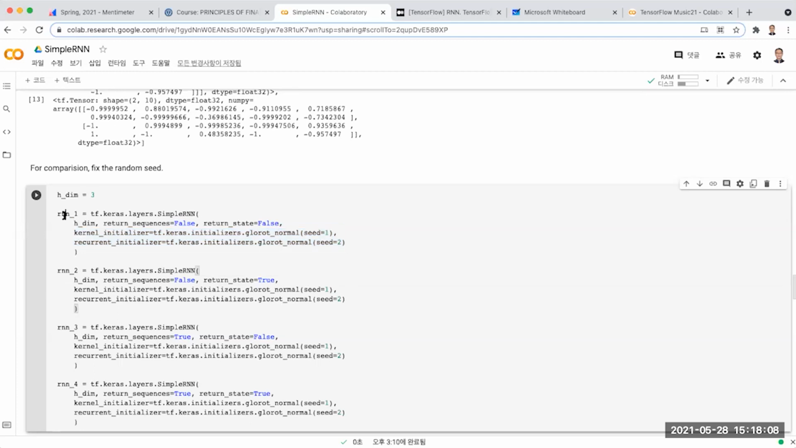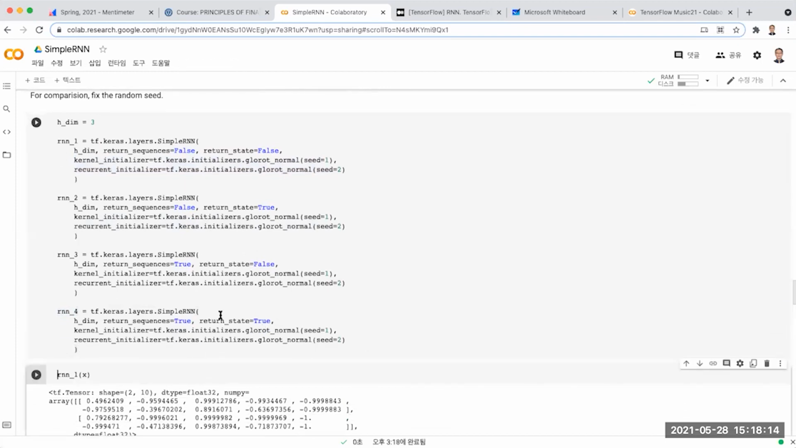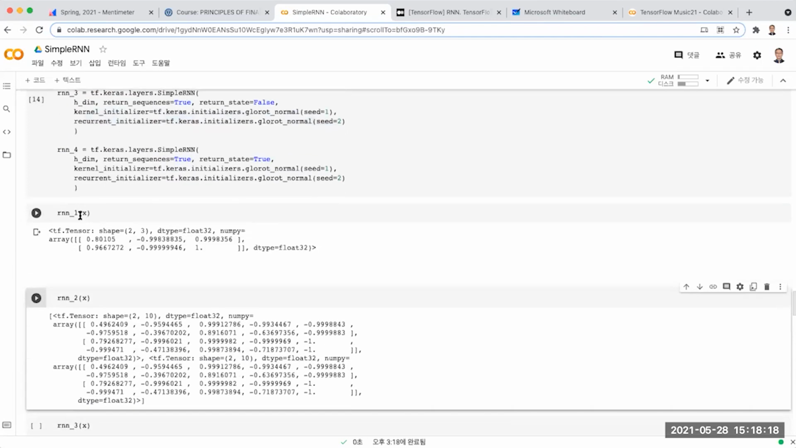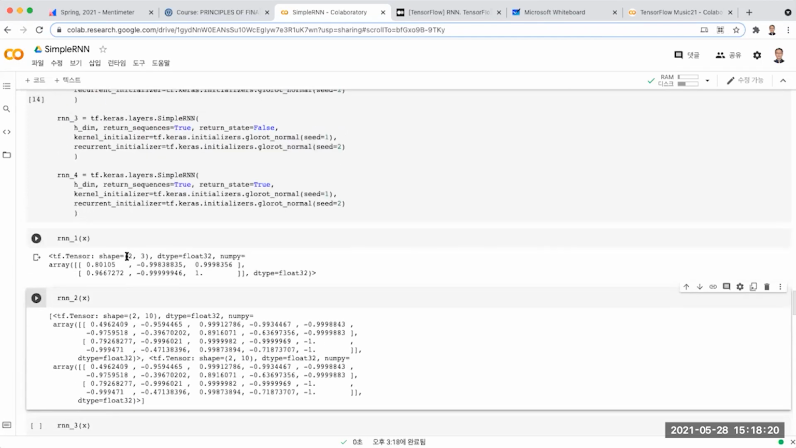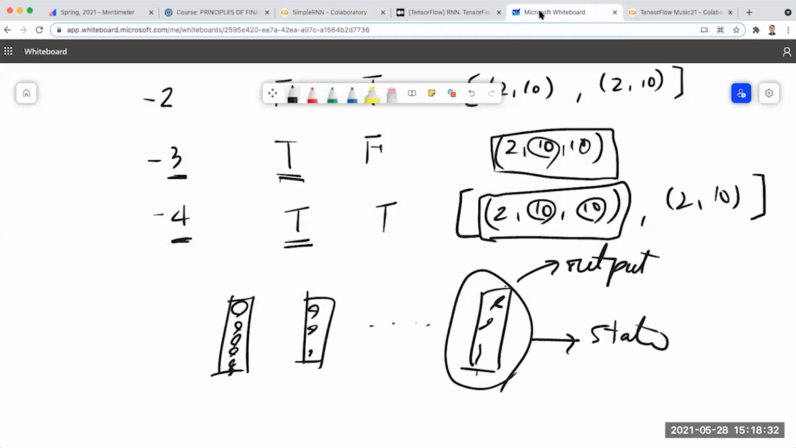So again, the RNN 1, 2, 3, and 4. And when I run RNN 1, now the shape is 2 by 3. The first 2 is just the number of songs. And why we got 3 here is